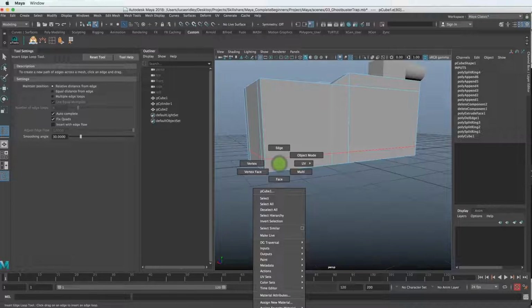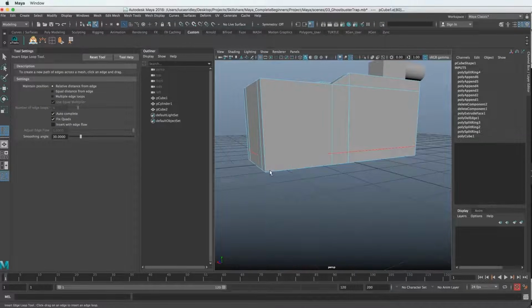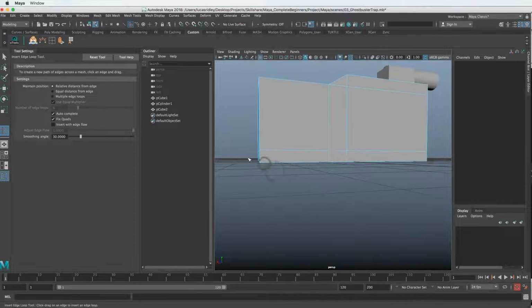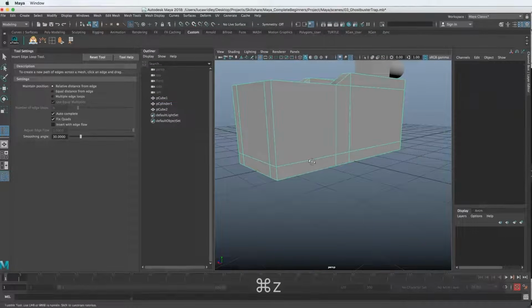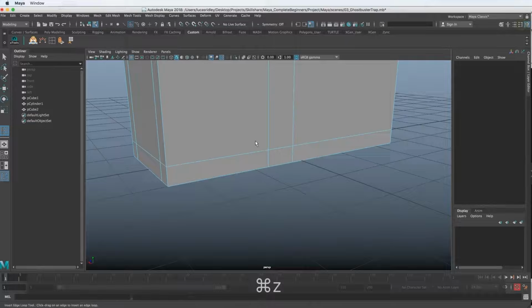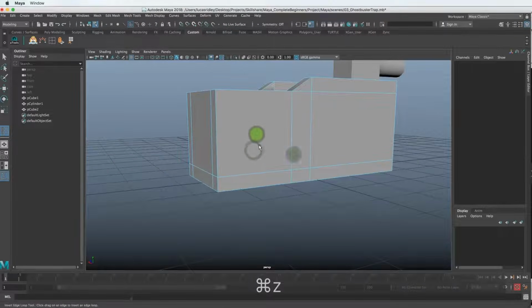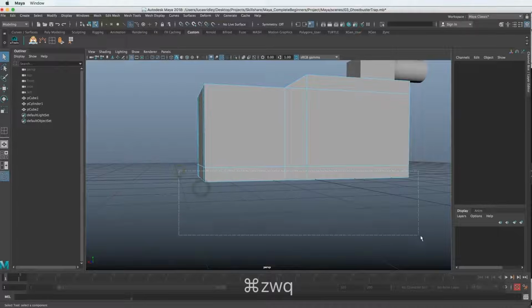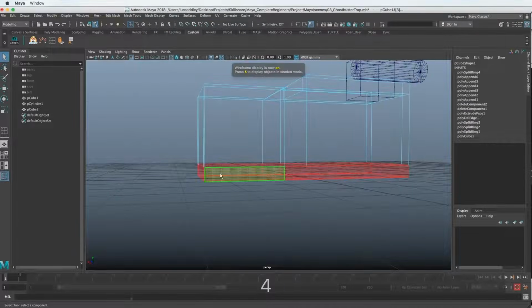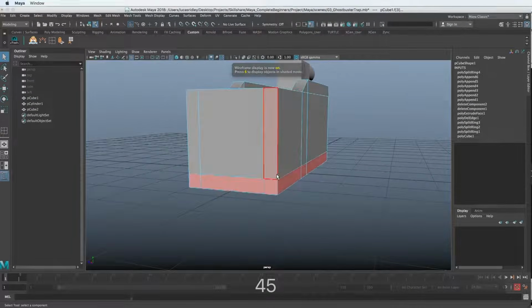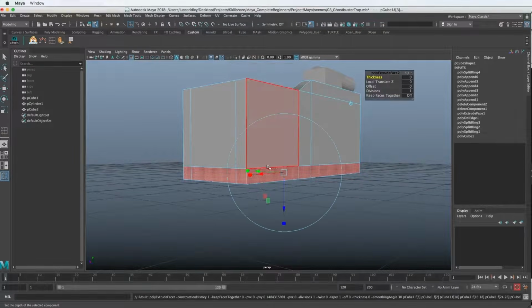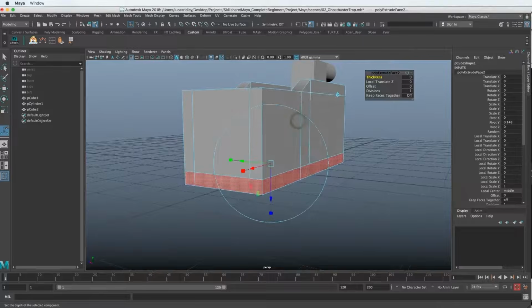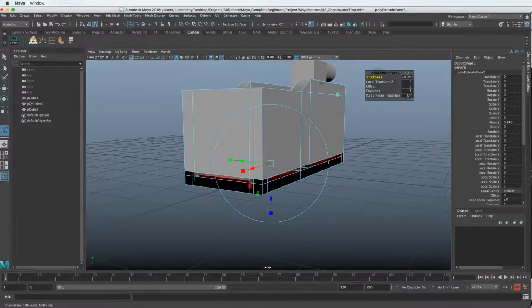And then I'm going to go to the face mode and select all the faces. Whoops, I'm still on the Insert Edge Loop tool, and I'm going to turn off the tool settings now. So let's go to the face mode. We'll choose Q or W, whichever, to select the faces, and I'll hit 4 to make sure those are all the ones selected. Go back to 5, and now I will choose the Poly Extrude tool, and I'll just pull in the thickness a little bit.